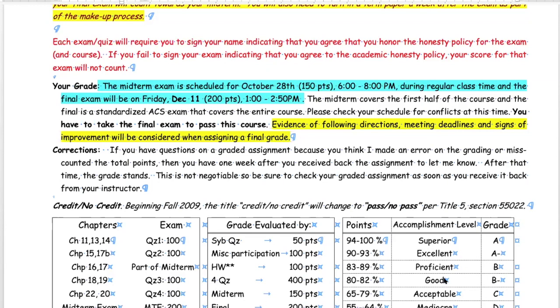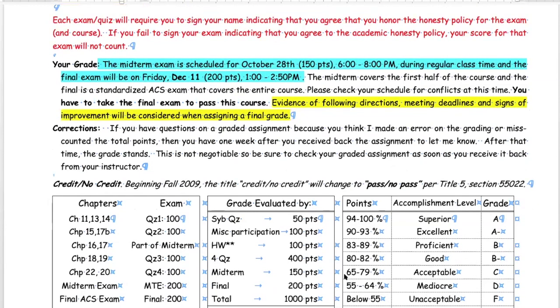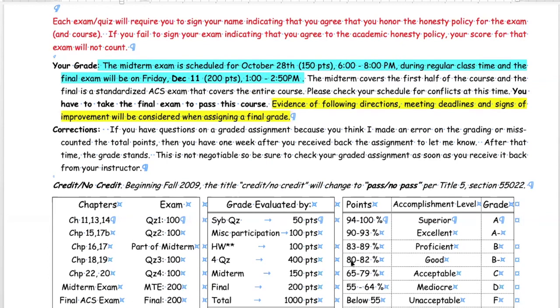Okay, here's the grading breakdown. Again, 650 points out of 1,000. I always like to base my course out of 1,000 points. That way, at the end of the semester, if you've got 910 points, you know that's 91%. If you've got 640 points, you know you've got 64%. So it's easy math. I just adjust my assignments so that they all add up to 1,000 points. And there will be opportunities throughout the course where you can get extra bonus points.